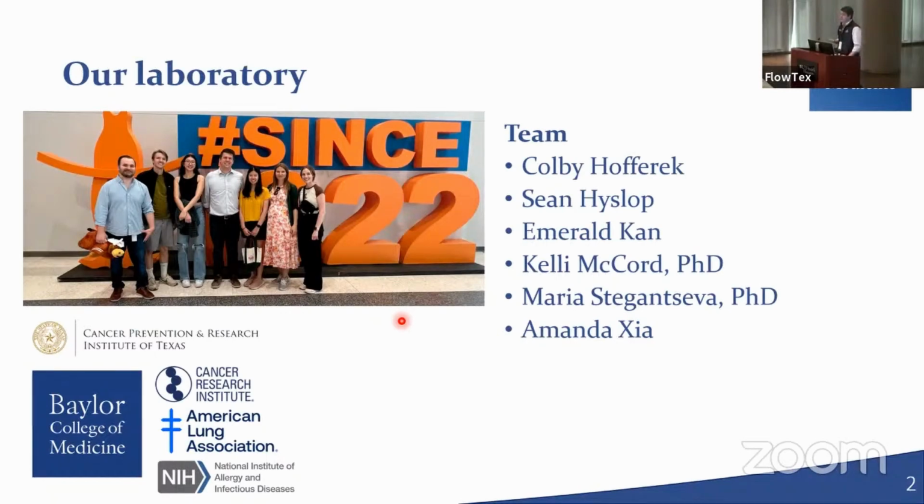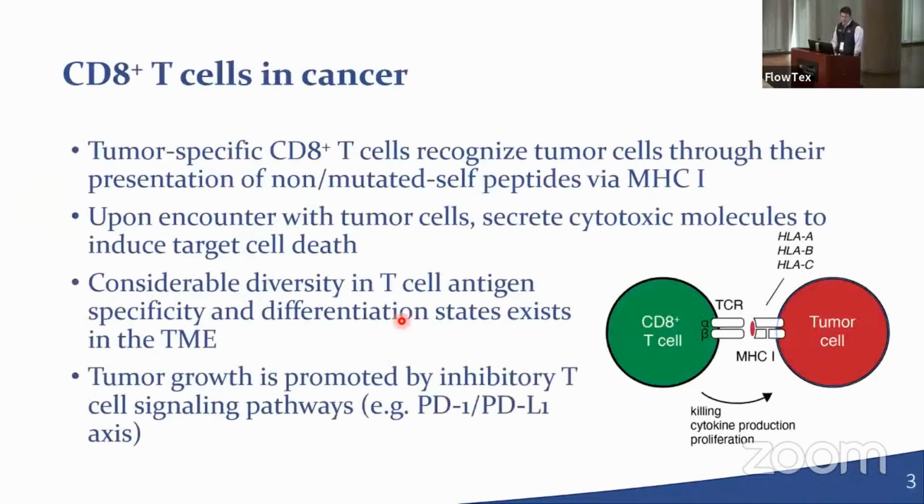And reversing or overcoming T-cell exhaustion is a very important treatment modality for cancer in particular. So I'll just give one slide of background about what CD8 T cells in cancer do. All of you probably know all this, but CD8 T cells recognize antigen through MHC1. A tumor cell or an infected cell will present a foreign peptide on MHC. The T cell receptor of that CD8 T cell will recognize it and then ideally secrete perforin, granzymes, different cytokines